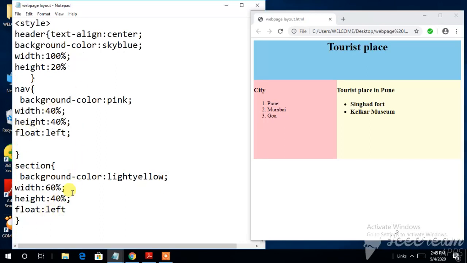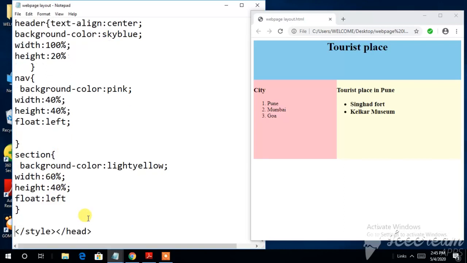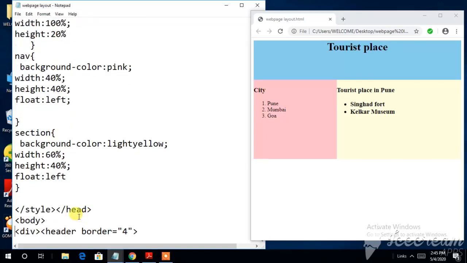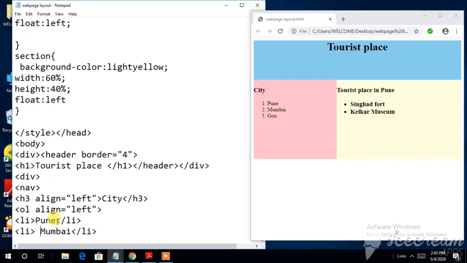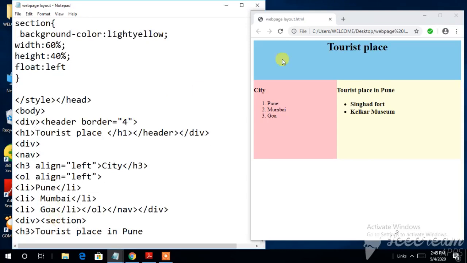After creating the style of every part, I have to close the style and close the head. And then after closing the head, I start with my body tag, and in the body tag I am dividing into three parts, that is the header part, the navigator part, and the section part. Understand? And again I have used an ordered list here. I have to use two types of list, that is the ordered list and the unordered list. For the ordered list, by default I have not mentioned anything, so by default it has 1 2 3, and in the unordered list also I have not mentioned anything, so it shows a circle or dot.